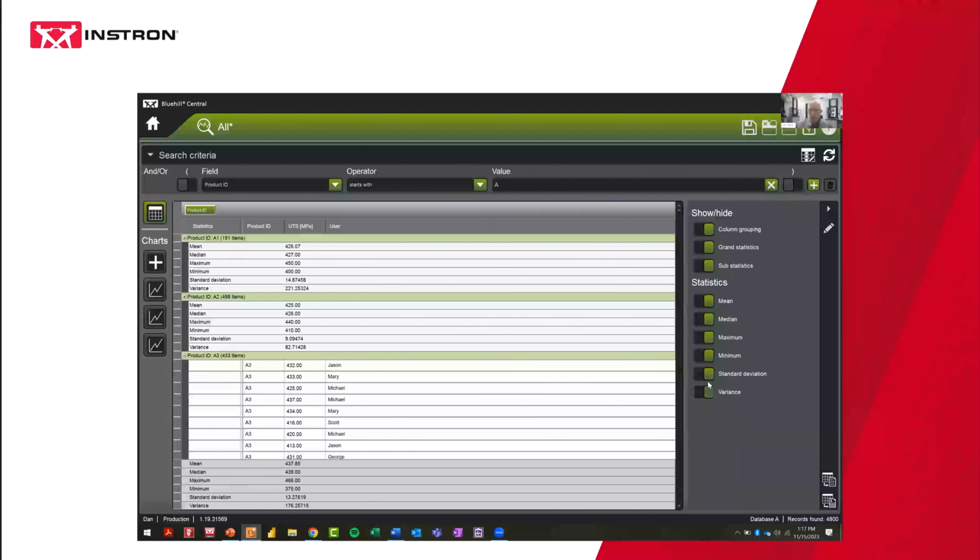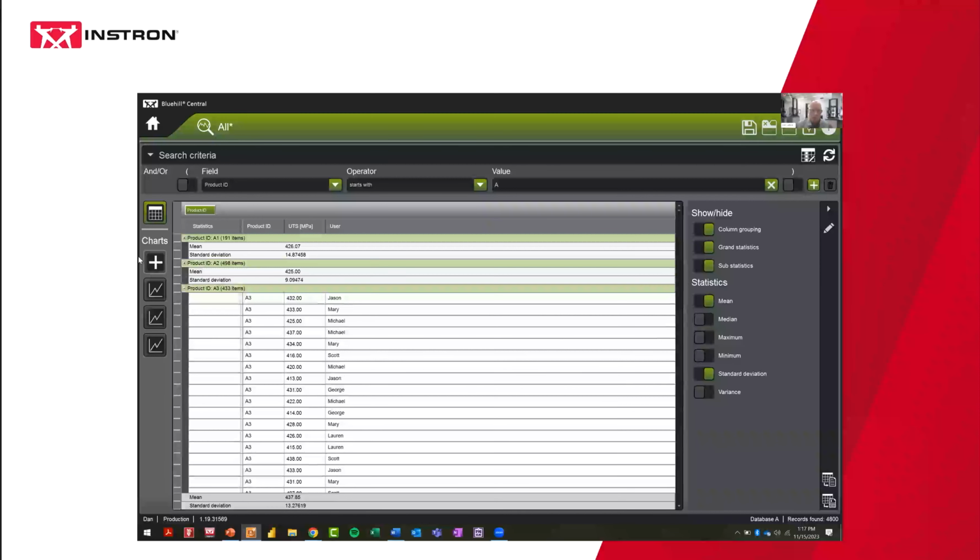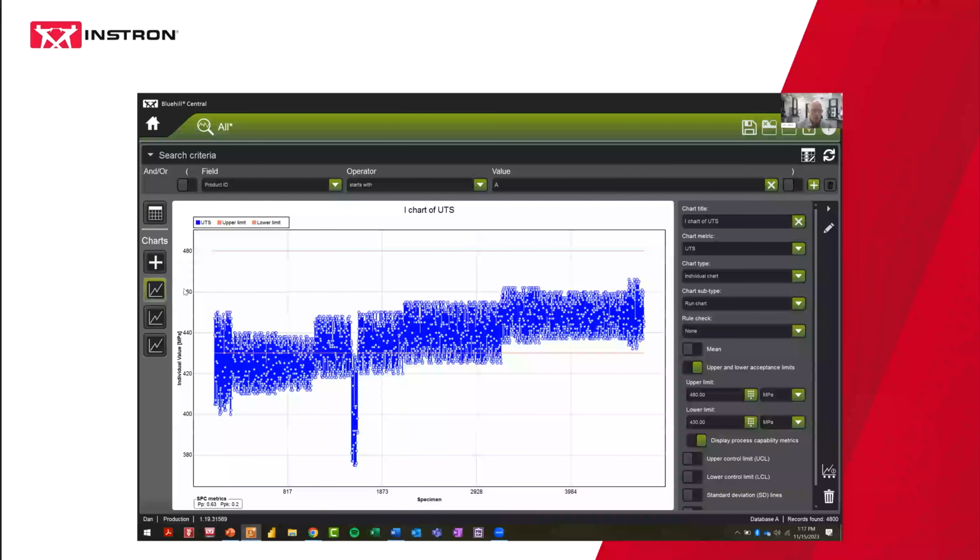So that is just a quick review of the table, but again, we're here to talk a little more about the charts. So I'm going to show you the charts that I've configured. You can have as many charts as you want. Typically, you're not going to be continuously modifying those. You're going to have two or three charts that you care about, and those are the ones you'll always be able to refer to and not have to change the settings on. But the one I want to first talk about is